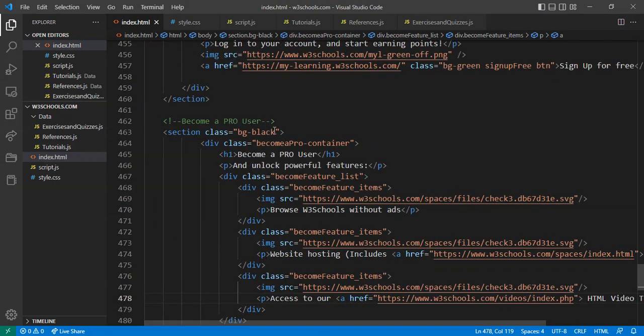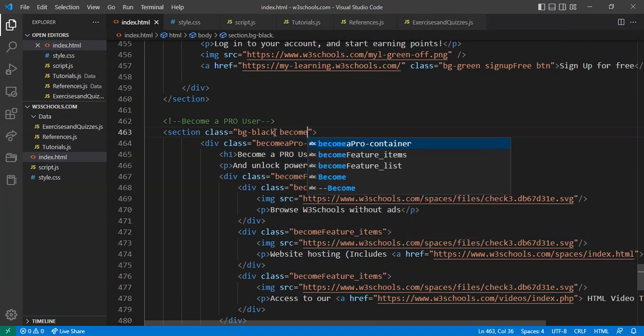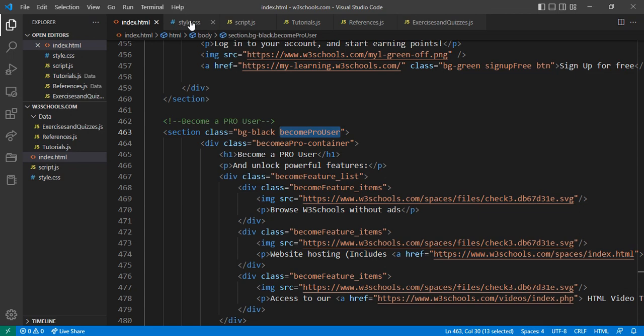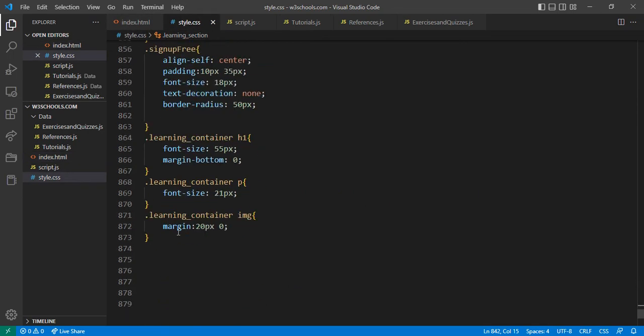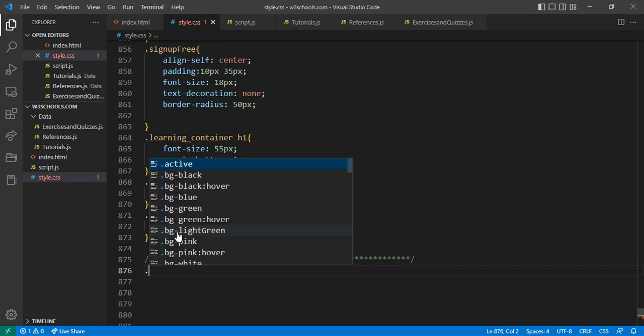And for that here I give the class become-pro user. Okay, here I give the pro-user only. Just copy this, come into your style.css. Here I commented this. And now these things are done. Here give the